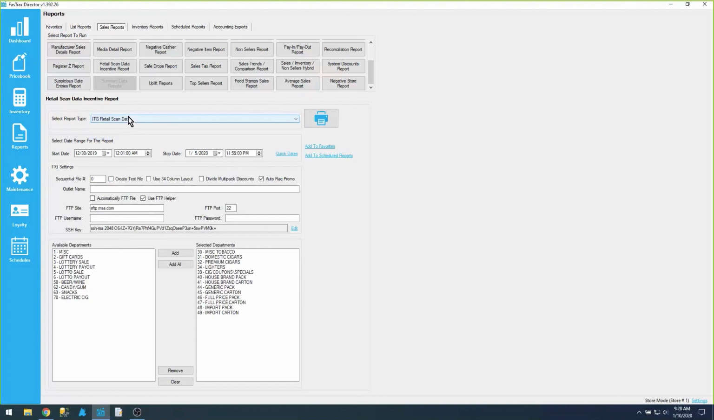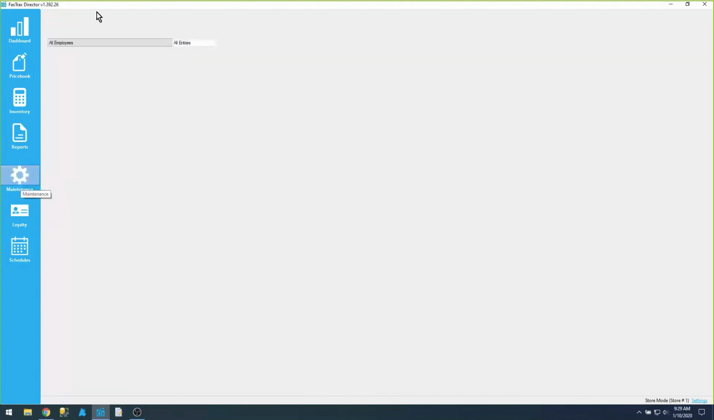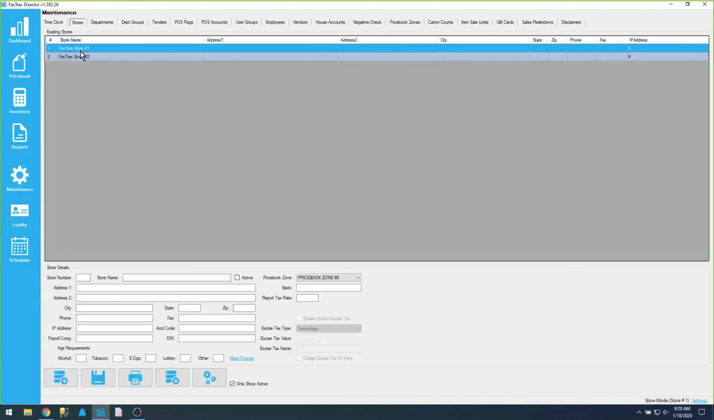All right, so that covers the scan data text boxes and check boxes here. Next, we want to look at what's required for your store information. And this is a very simple thing to set up that if you don't have set in place, you're automatically going to get rejected. That's where you go to maintenance, you go to stores, and under your store here,